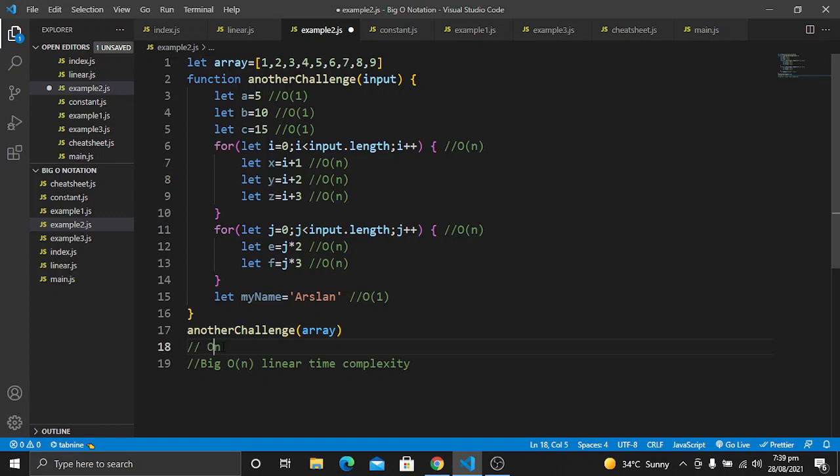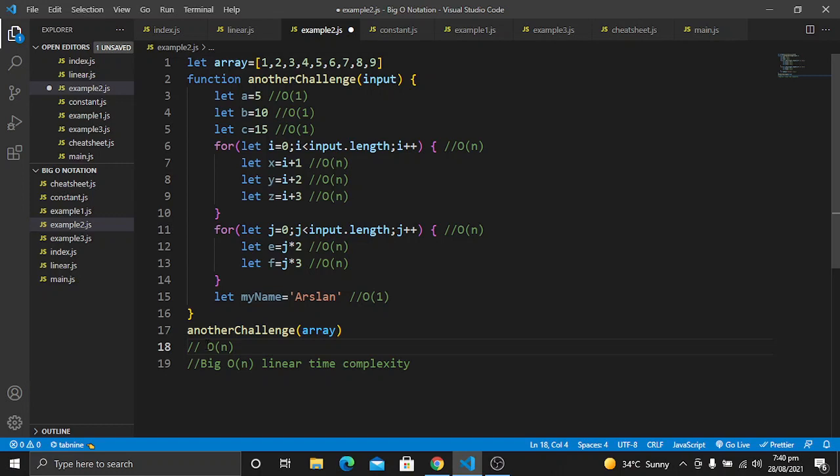So to simplify, we will remove that 7 also, and for this reason we have linear time complexity of n. In this way we can remove the constants when we are calculating the big O notation. I hope you have understood how and why you remove the constants when calculating the big O notation. So this is the second rule of our rule book: remove the constants when you're calculating the big O notation. The first rule was always being concerned about the worst case scenario, and the second rule is to remove the constants.